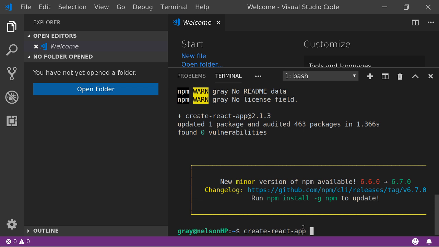So we can just type create React app and then give it a name. So tonight we're just going to be making a Heroes app. You might have seen it before if you've watched any of our YouTube videos. So Heroes app would be a good name. Oops, not herpes app. That's a different app entirely, that one.